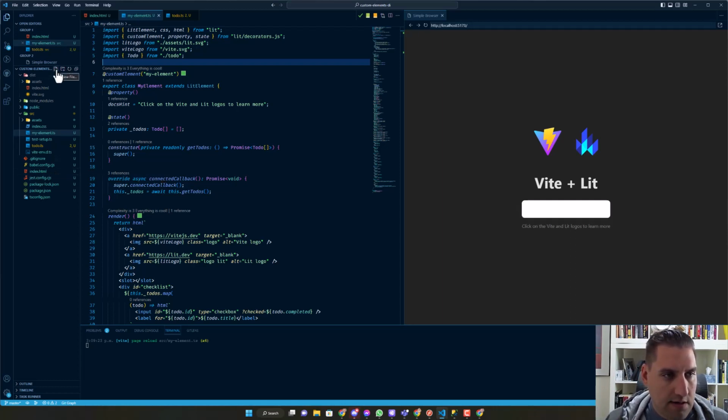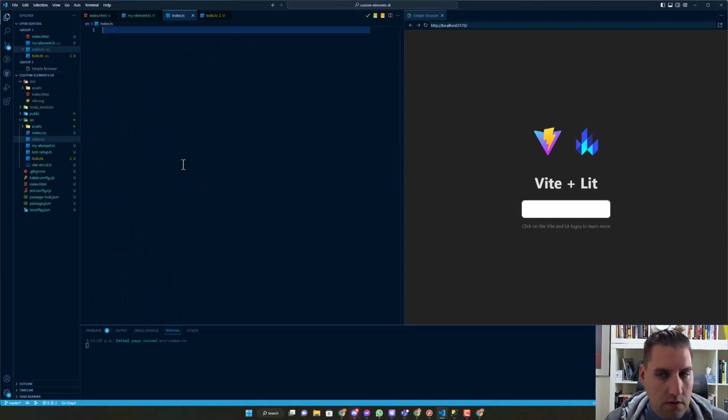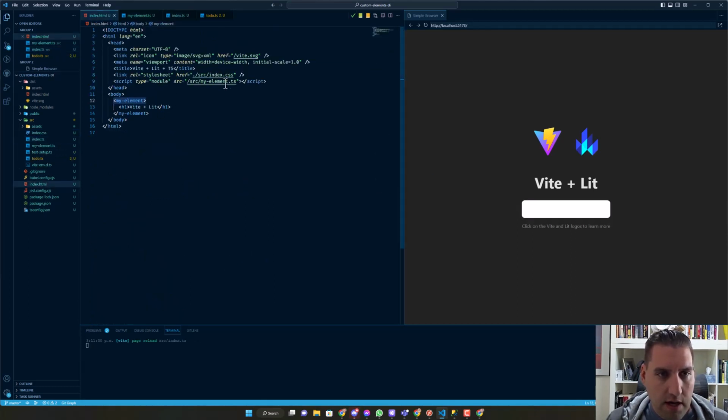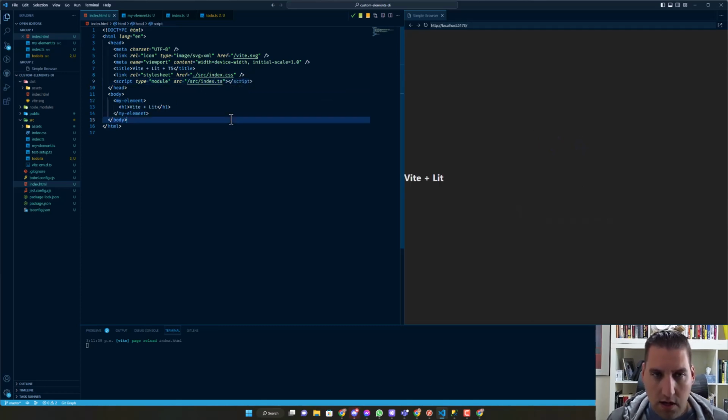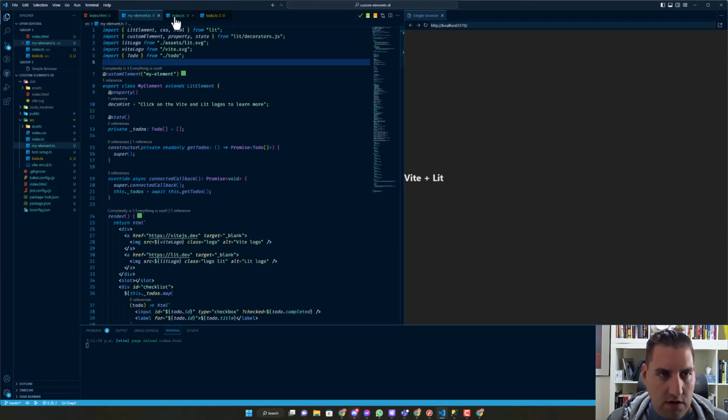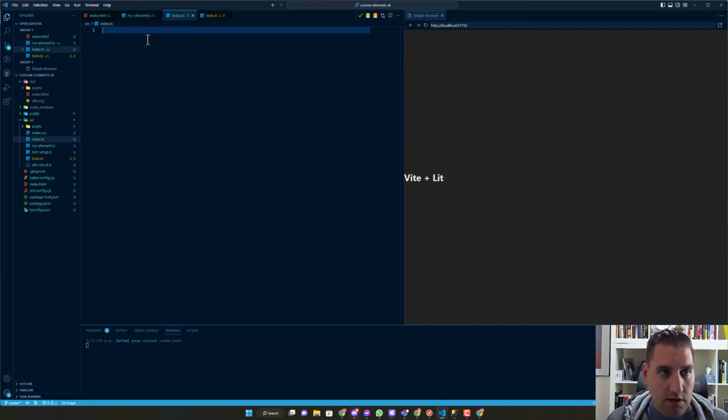So let's do that. Let's create a, I guess traditionally it would be called the index.ts. So let's do that, index.ts. So now we need the browser to pull from index.ts instead of our myElement. And as you can see, it no longer knows what to do with the myElement tag now, because index is empty. And so the first thing we can do to make sure that the mechanism works is to just import the